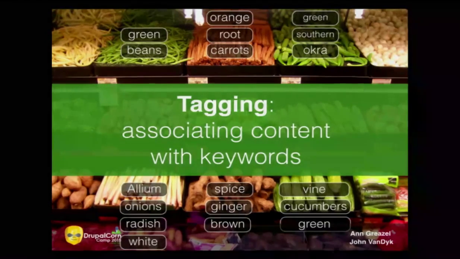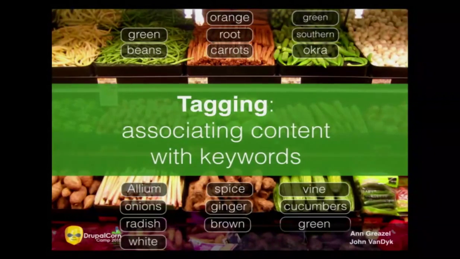So we just thought of a little fun scenario here. We needed an example. So we thought, maybe you have a Drupal site that has recipes, just very basic recipes, and you tagged it with, like this.